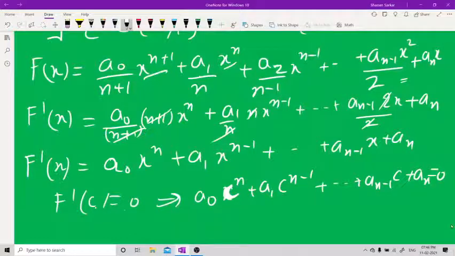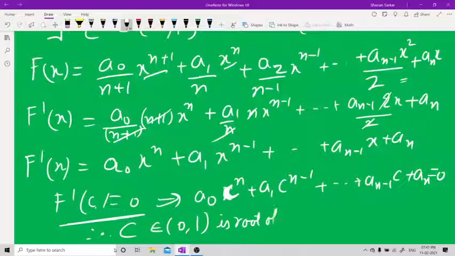Therefore c belonging to 0 1 is a root of a0 x to the power of n